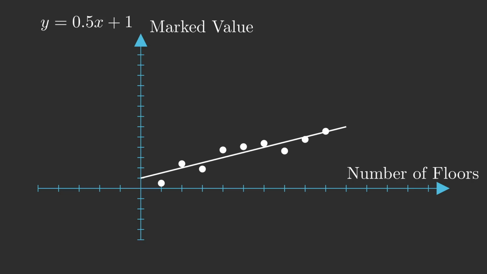Meaning based on the houses we have seen, which all have a number of floors and a market price, we can predict the market price for future houses. Here I represent the future unseen data as blue dots and the seen data as white dots. We can see that the blue points follow the trend of the white and known data. Thus, if we find the best parameters for our current data, we will be able to generalize these solutions for